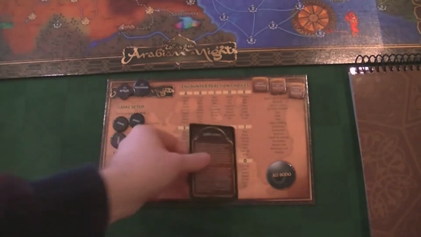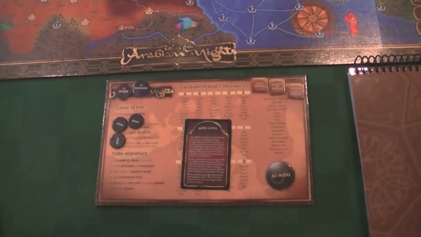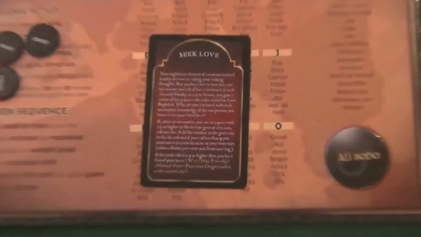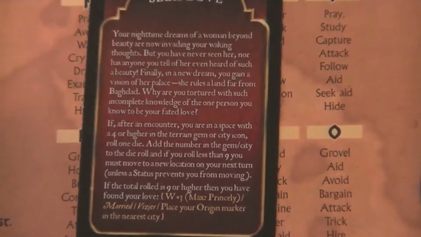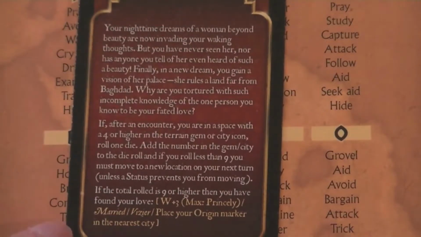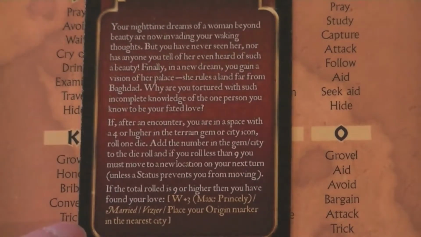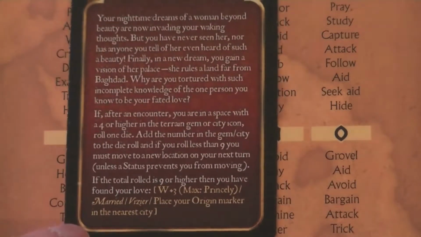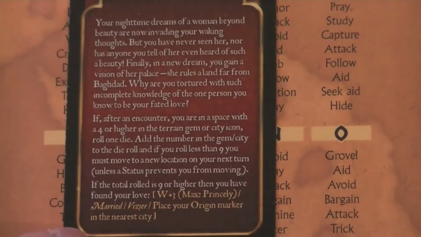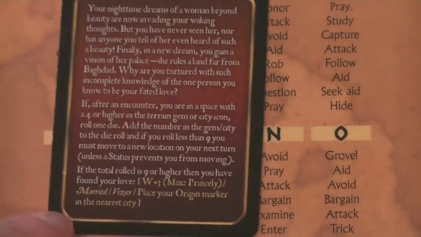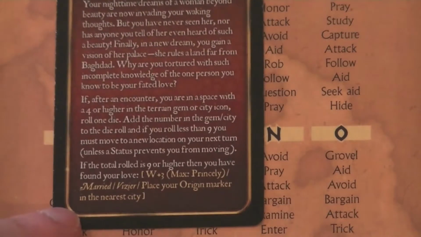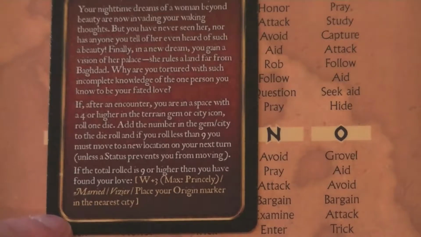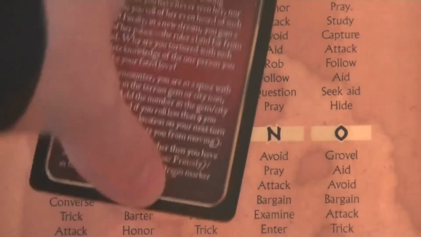As you travel through the world and go to different locations, you will get these adventure cards, and they will tell you to do different things. In this instance, we are seeking love, and at the bottom it tells you to place your origin marker. You'll place that on the origin site nearest to you, and then you'll go through the quest parameters. This is one way that you start to seek and travel throughout the world. If you're able to complete this quest, then you're able to get different rewards. That might be a skill set. You also might move your destiny or your story marker up a couple of spots. This is one way that you direct your player action. So this is the basic structure of the game.